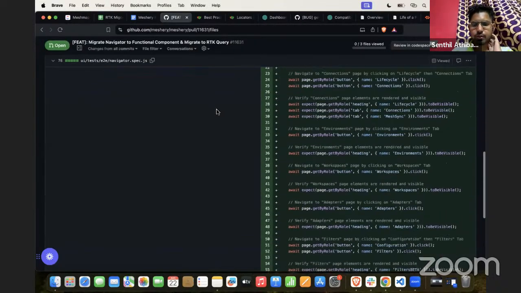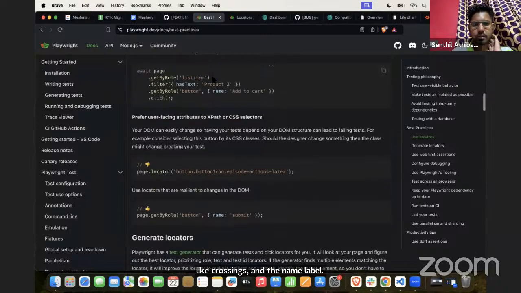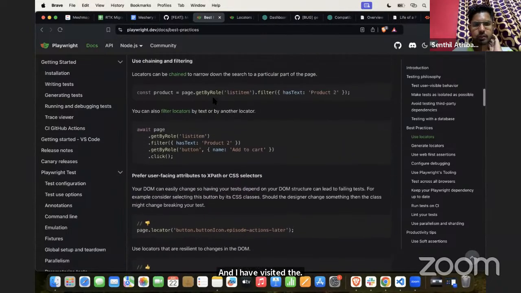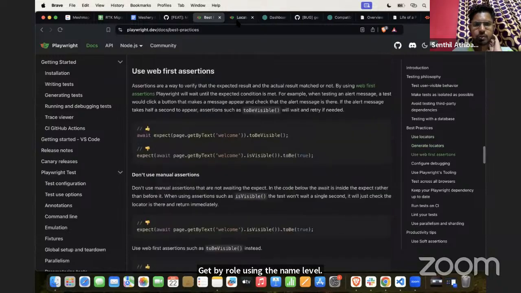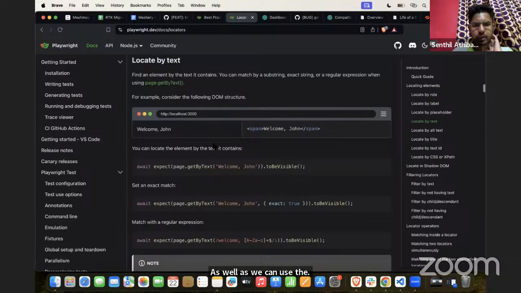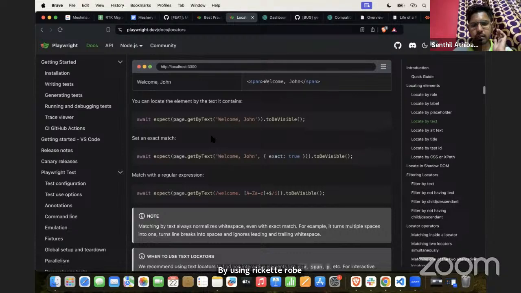Well, yesterday Lee suggested to use ID instead of using cross chains and the name label. And I have visited the Playwright best practices section. They have mentioned that we can use either get by role using the name label, as well as we can use get by ID whenever we can query the DOM element without using get by text or get by role. So my question is whether we should go more with get by role, or can we move with get by ID? If we are concerned about things being changed we can use